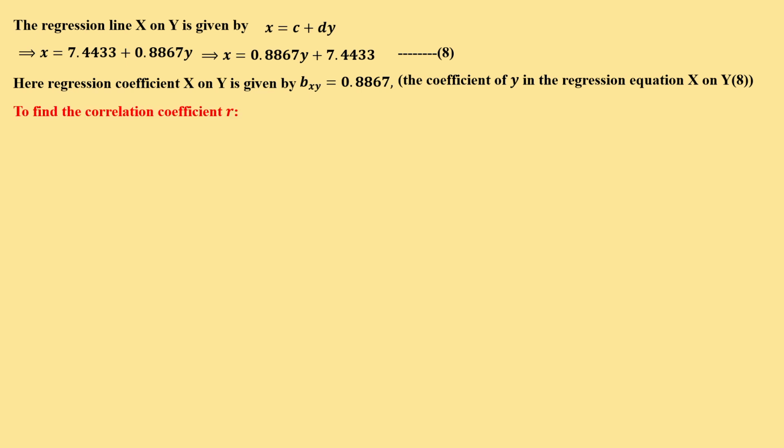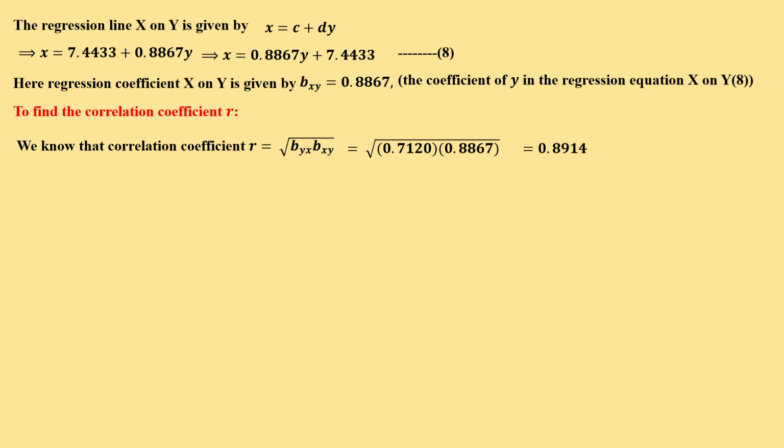Next you have to find the correlation. We know the relation between correlation and regression coefficients. r is equal to root of byx into bxy. So we know the values of byx and bxy. Substitute the values 0.7120 into 0.8867. So you will get